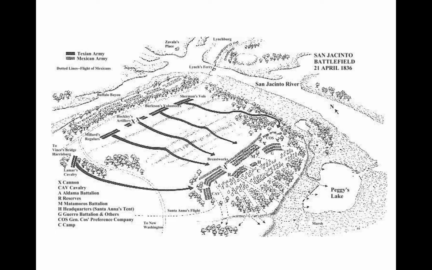But as he marched forward, Santa Anna, his opponent, didn't bother to put any sentries over here. That is, the terrain of this land was, you have over here a slope that goes up until you get to a ridge. At the top of the ridge is where the present monument is, if you've ever been here. Then the ridge goes back down and it slopes downward till you get towards where Santa Anna's camp is.